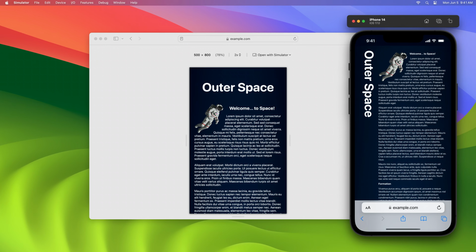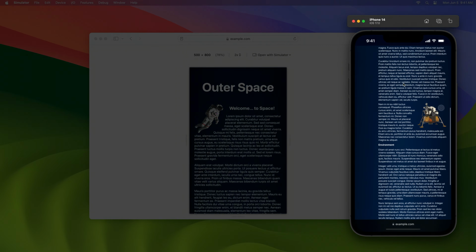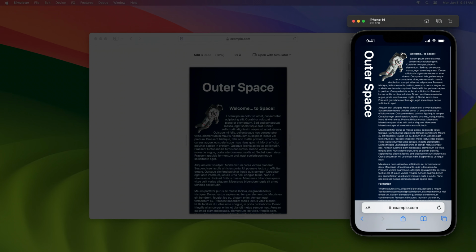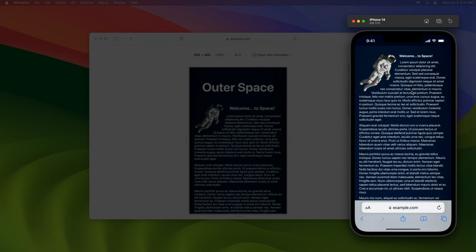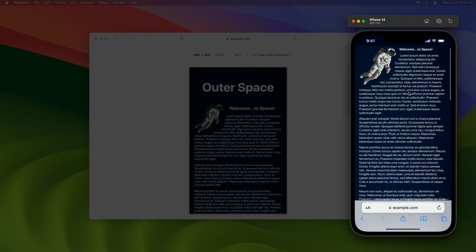An important thing to pay attention to is the difference in page layout between the simulator and Safari on macOS. Notice how even at roughly the same width, Safari on iOS lays out the page as if more screen real estate were available. One of the other great aspects of the simulator is that you can test behaviors that users expect to work on iOS, like smooth scrolling and double tap to zoom, to ensure a great user experience, even if you don't have an iPhone.